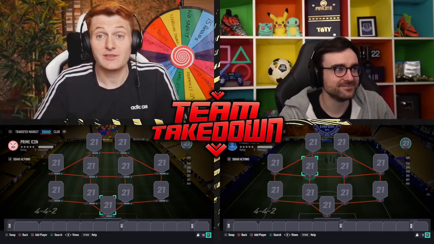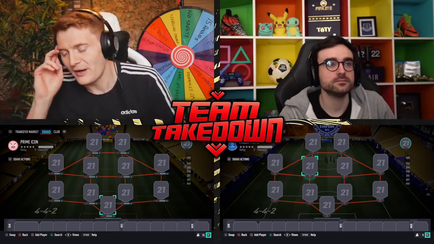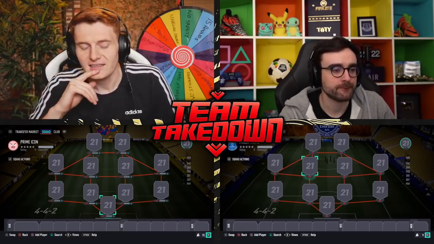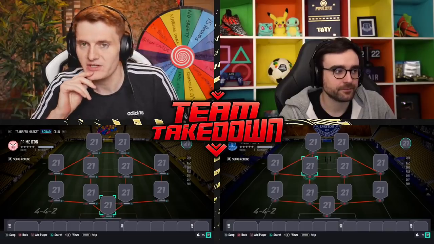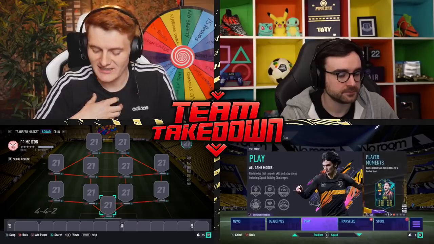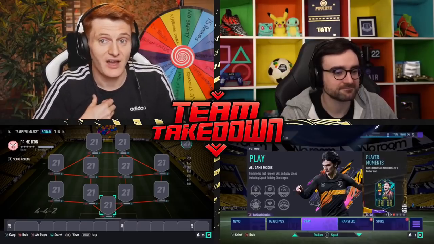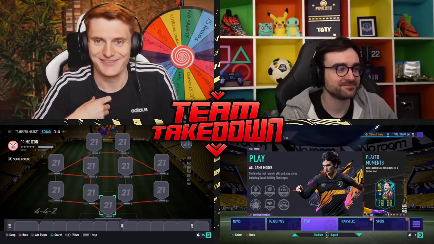Now, today we are going to be doing a Prime Icon pack. We will need to get another player from a pack as well. But Andy doesn't want to fork out the 450k, which is understandable. So what we're going to do is I'm going to open my Icon pack. And Andy is running a dangerous game, because he's banking on the fact that I end up with someone I can afford, basically. Someone you can afford, like, for